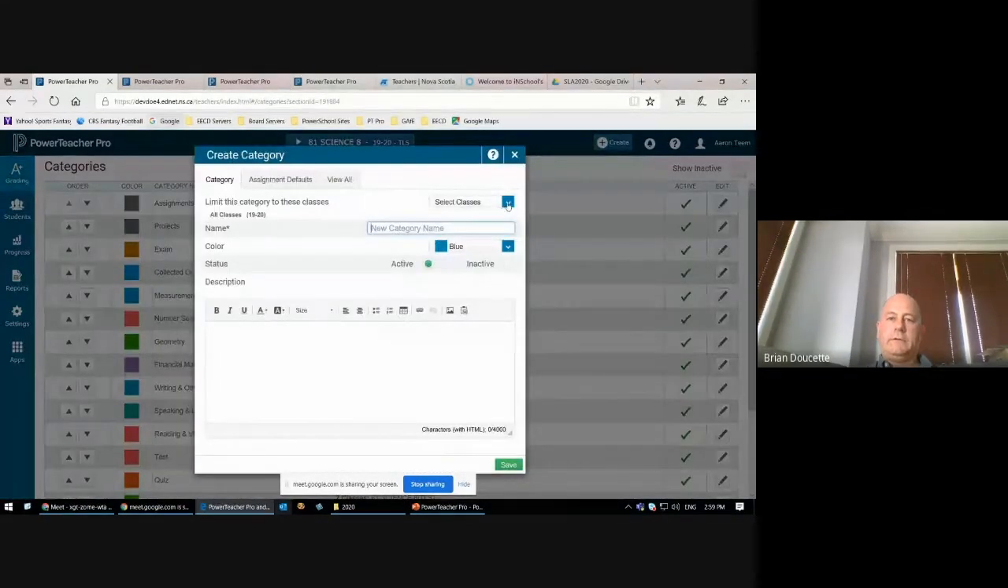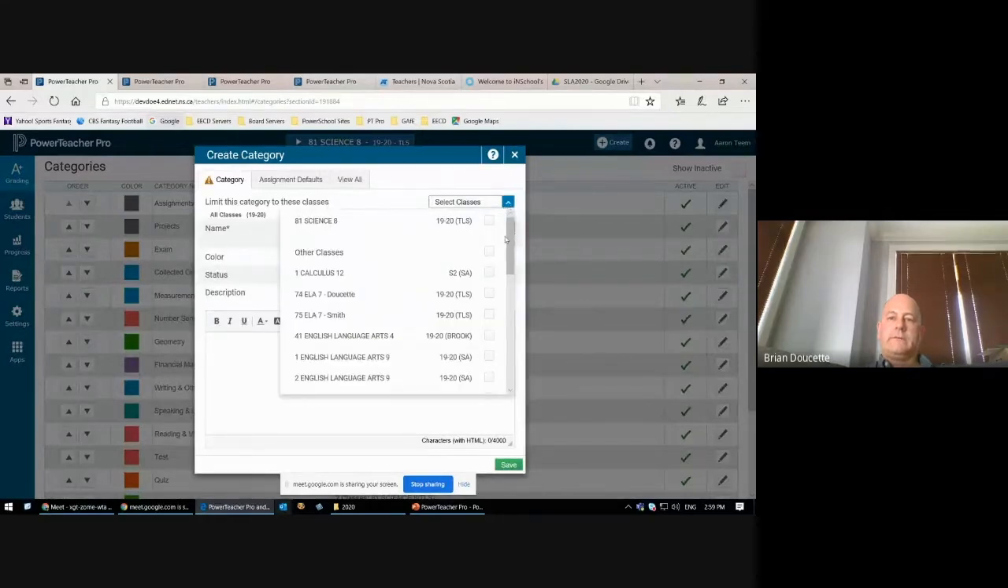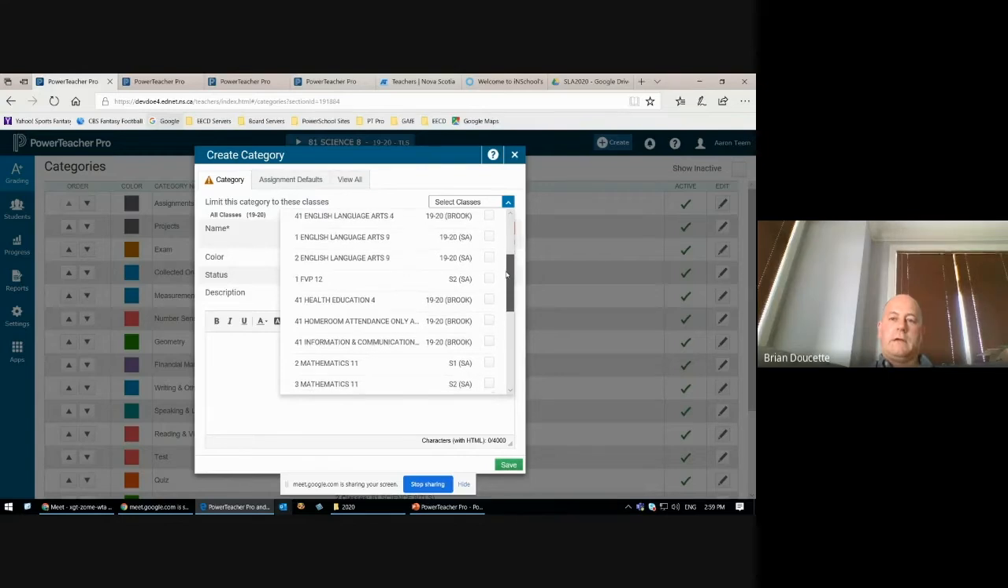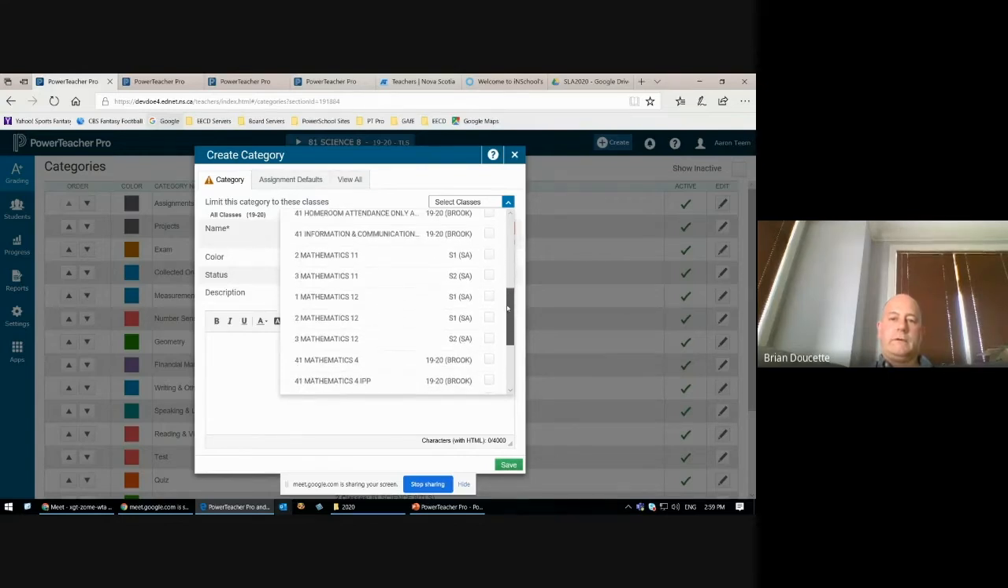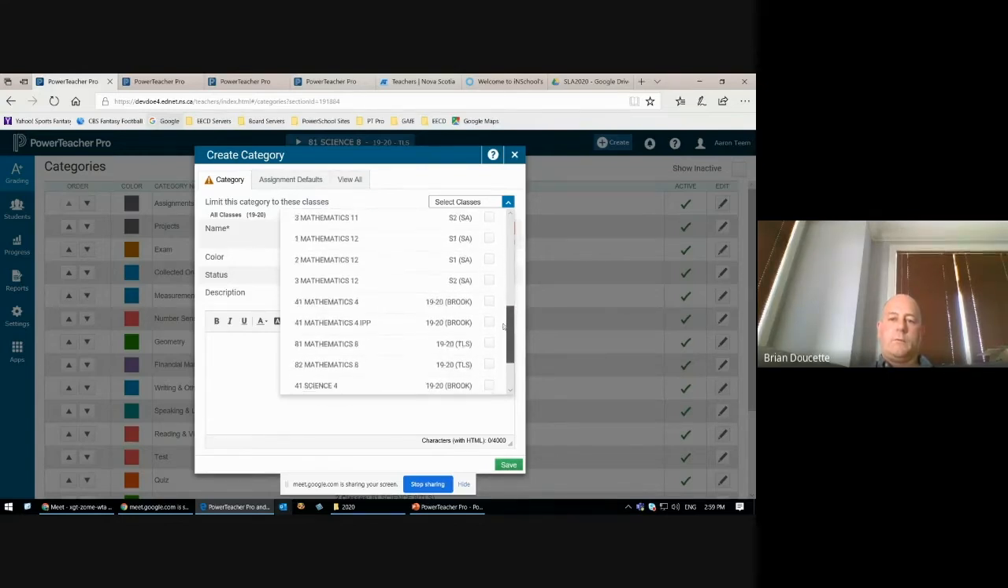And one of the nice things you can do in Pro is that in the old gradebook, a category was assigned to your gradebook, and the category would appear in all your sections. If it was a math strand, you'd see those math strands in English or in social studies and science and all the courses. One of the nice things about Pro is that I can be very specific as to where I want to